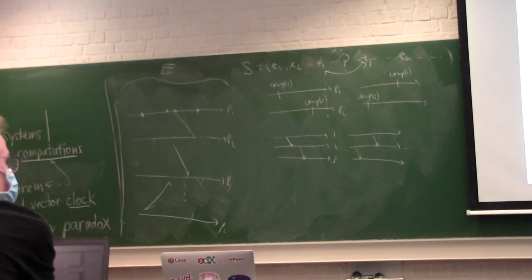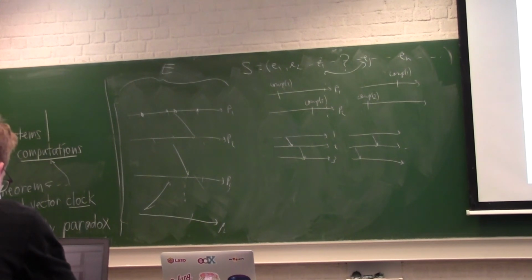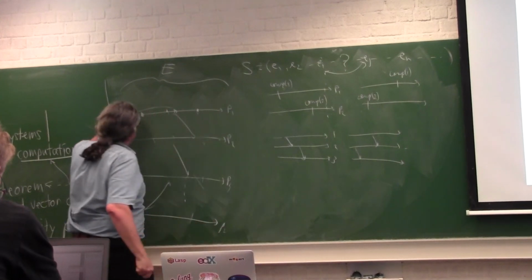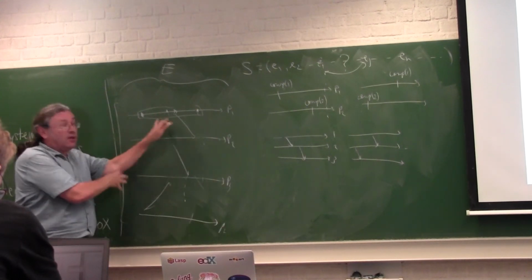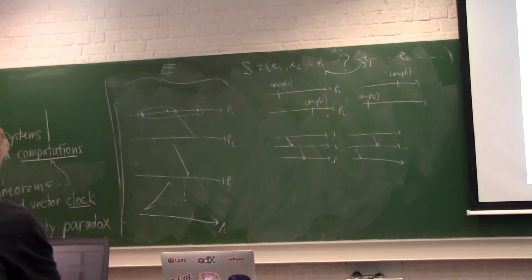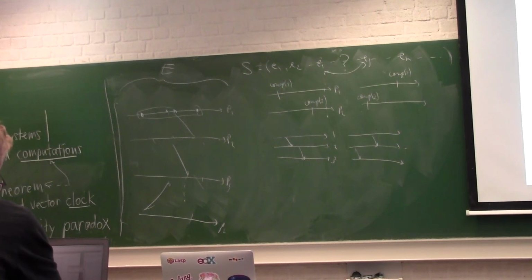Now you can do something very interesting. You could say two executions are similar with respect to Pi if they have the same view of Pi. That means if I'm sitting at Pi, I cannot tell the difference between E and F. There might be all kinds of stuff happening. So basically this part is the same, but this part is different. See that? They're similar with respect to Pi. And now the final step: two executions are similar if they're similar with respect to every node.